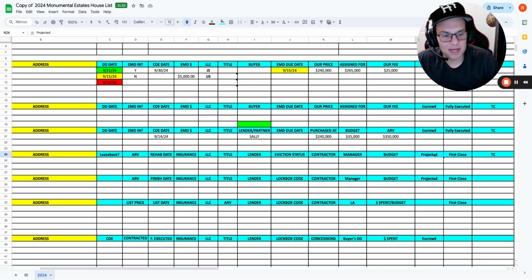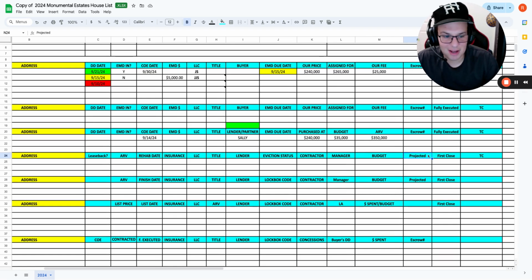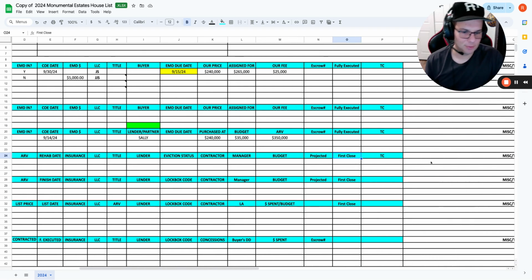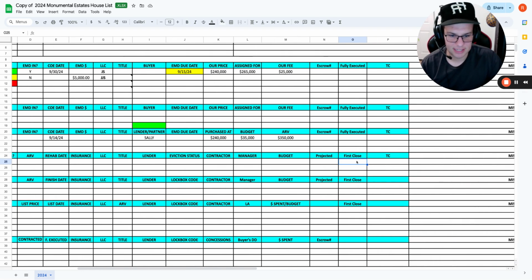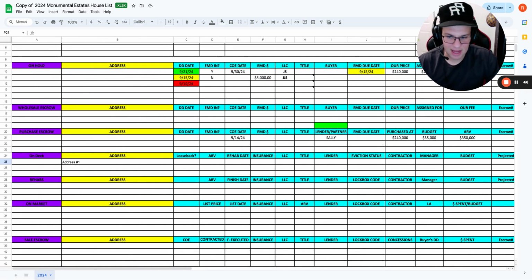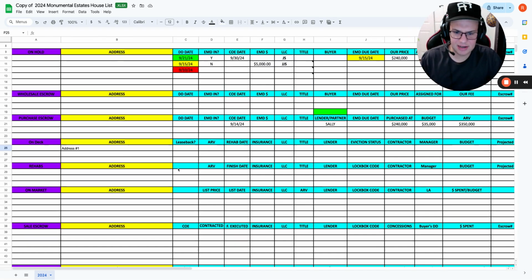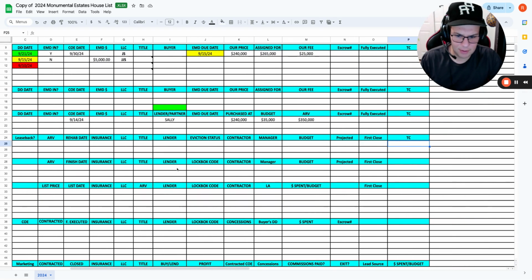That is how much money we are projected to make on this property. First close is when we buy the home, and then second close would be when we sell the home. So right here, we'll just put the day that we purchased the property. Again, the TC is managing all the paperwork. Pretty simple. Now let's take a look